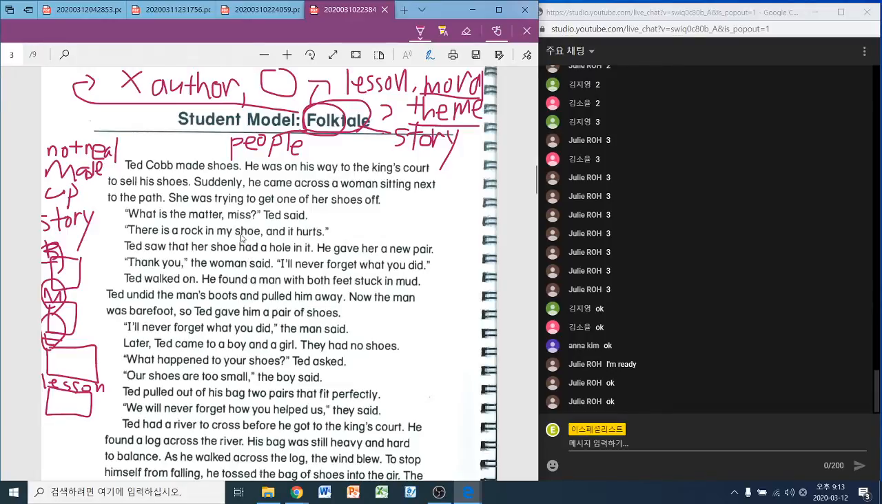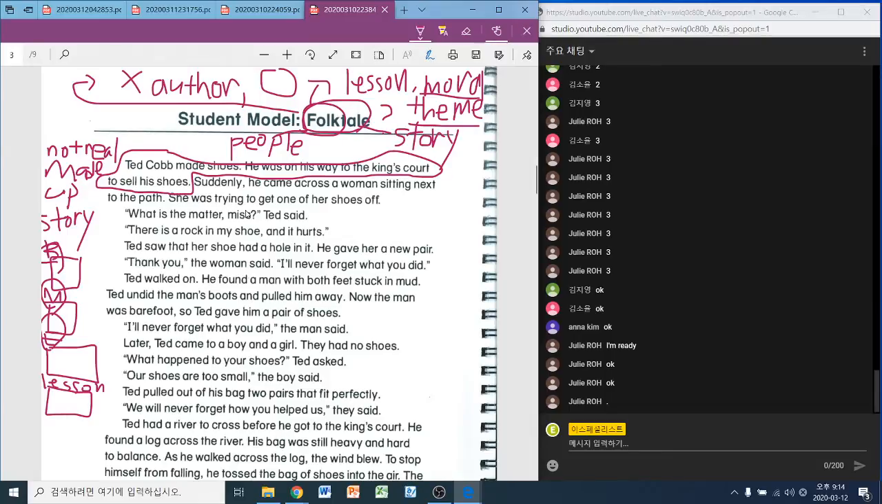Okay. So what is the beginning? The beginning part is here. The beginning part is telling the character and setting. Who is the main character of this folk tale? That's Ted Cobb, okay? And what's the setting? Outside, on the way to the King's Court. That's the setting. Then when does the story happen? It happened a long time ago. So you can say a long time ago, outside, on the way to the King's Court,